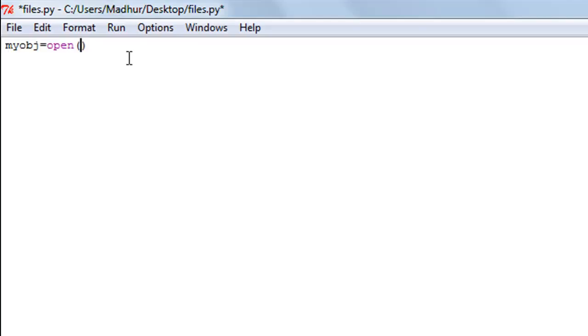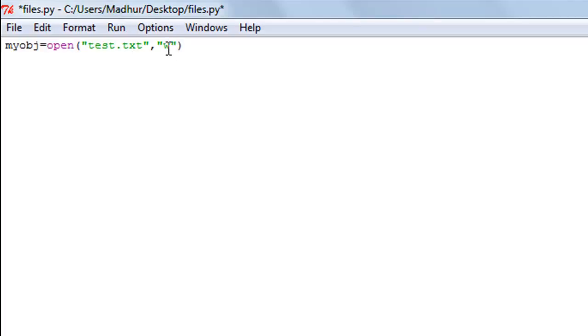So if you open a text file in the write mode, then if the file doesn't exist, Python creates it for you, right? So at the moment, I don't have any text file on my desktop, so I'm going to create one using Python, and I'll call it test. And the extension here is important, right? So I'll need to put in txt here because I want Python to know that what I wish to open is a text file. And as a second argument to this function, I'll pass in w,